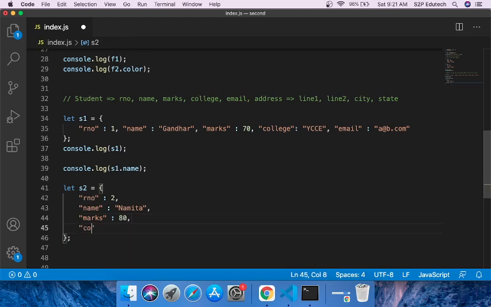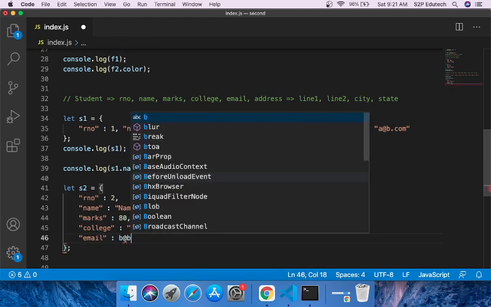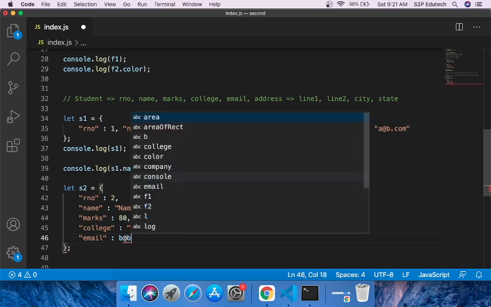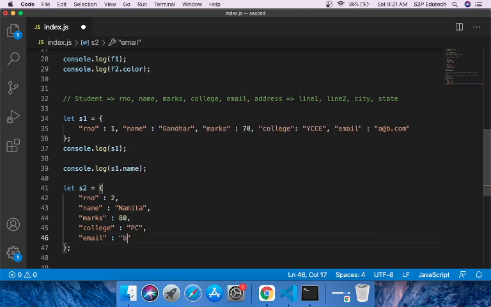Then I'll have a fourth key, college, I can say PC. Then I'll have a fifth key, email, I can say b@b.com. Oh, this should be a string, b@b.com.